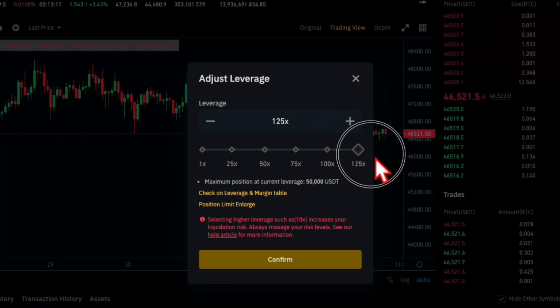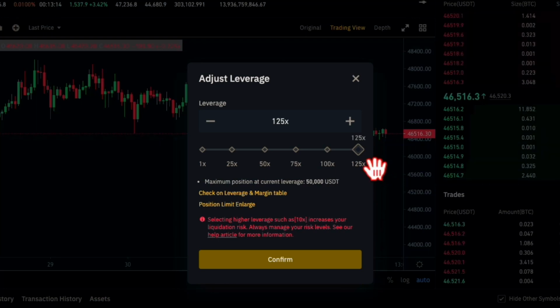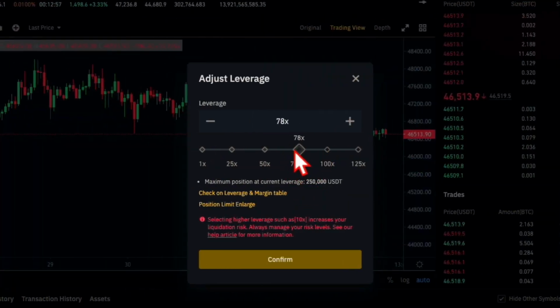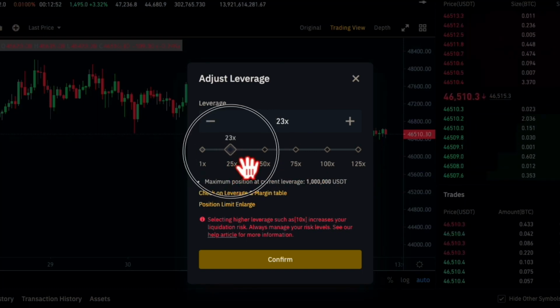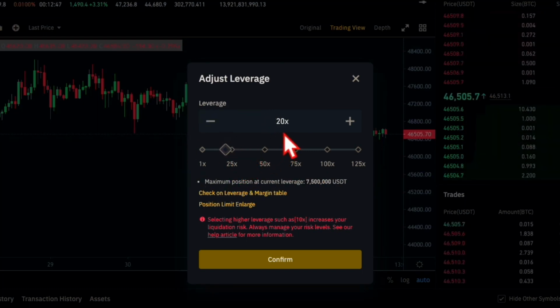I don't think you should go for high leverage position, except you have a reason to. Otherwise, stick with the lower leverage, because higher leverage, higher reward, and higher loss, depending on what works for you. So just go with the one that's on Binance, which is like 20x, and start from there and see what it gives you. It means that if you're using a leverage of 20x, which you are seeing in this case, it means that you have a deposit of 1x, and Binance will lend you 19x. So 19x that Binance is lending to you plus the 1x you already have is this 20x.